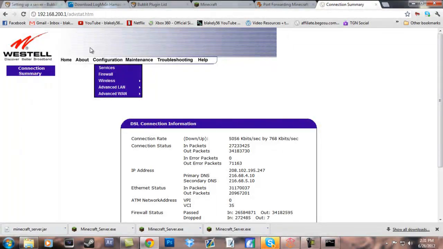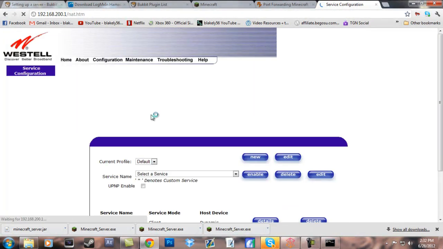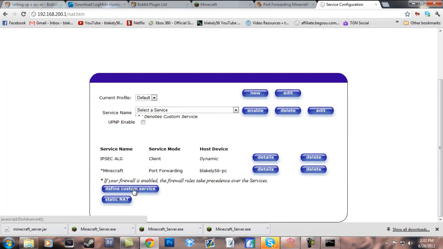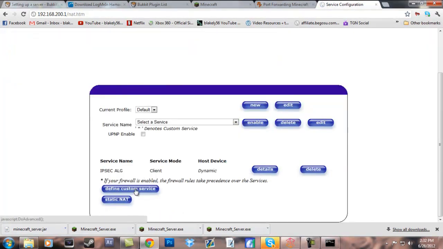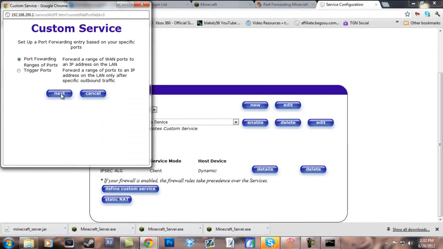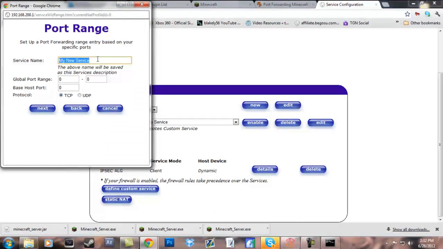And I'm gonna walk you through mine, just so you guys get a feel for it. I'm gonna go to configure and go to services. I've actually done this today. And you're gonna define a custom service, which is what I have to do. You can do other stuff. I'm gonna delete this port forward right now. All right, define custom service. Go ahead and click port forwarding, and something similar should come up to this. Your service name, which is what it'll pop up as. Doesn't really matter. I'm just gonna type in Minecraft server,